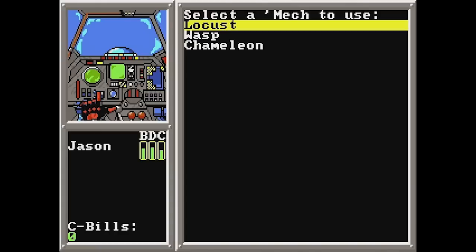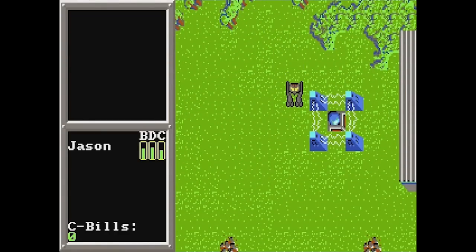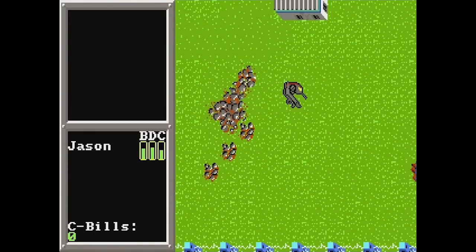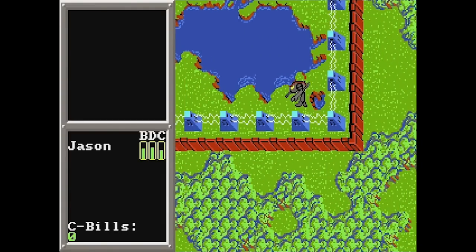All right, let's go ahead and choose a locust. So we have the option of wasp, chameleon, or locust. I love that little animation in the corner showing you press the startup button. So for anyone who watched my Crescent Hawks Revenge video, you know that the locust, the wasp, they are slow